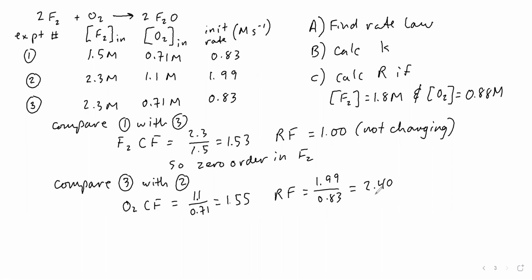So surely it's second order, but we can confirm that if we simply take 1.55 squared. And so we're going to ask ourselves the question, 1.55 squared, is that equal to 2.4? And we do the math and we find out that it is. And as a result, what we know is that the reaction is second order